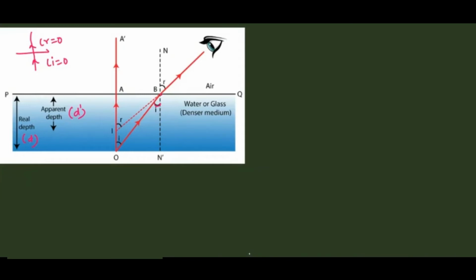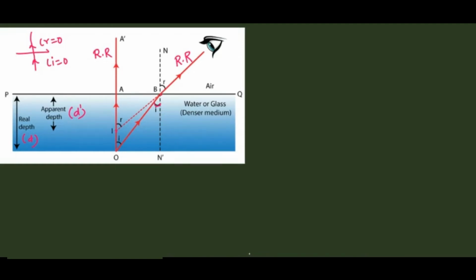Clear, my dear? Yes, sir. This is the refracted ray. These two rays are actually very, very close, my dear children. To help you understand, I have drawn them somewhat far apart, but actually they are very close. So for our eyes, this is a refracted ray and this is also a refracted ray. These two refracted rays appear to come from here, I.